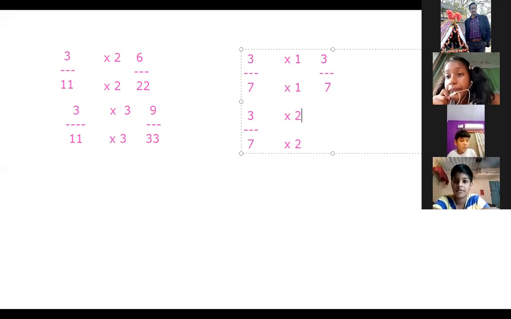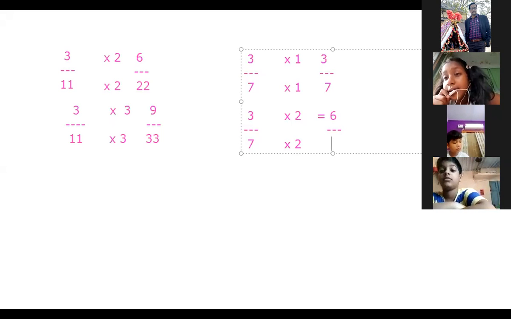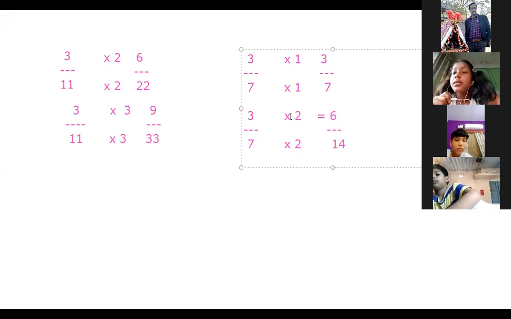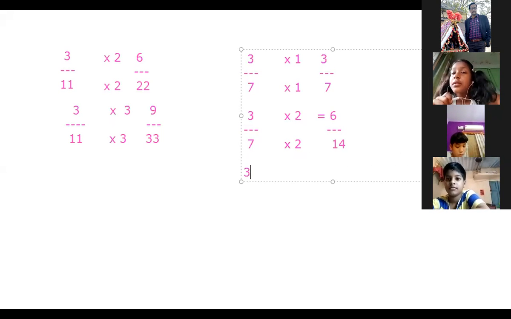So what is the result over here? Equal to 6 by 14. And this is 14. Like this way we have to go up to 4 numbers. So the first 4 equivalent fractions are given over here. Number 1 I have started. So number 2, 3, 4 you will do.